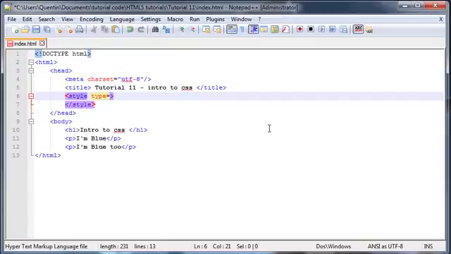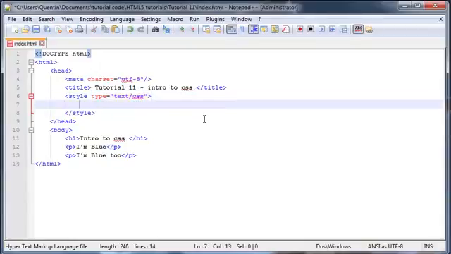And you should probably just give this an attribute of text/CSS. Okay, now this used to be necessary in older HTML, but in HTML5 it's not actually necessary, but it's probably still good to have as an attribute. Okay,